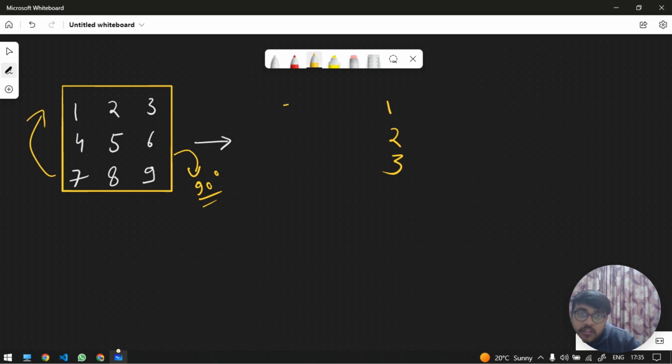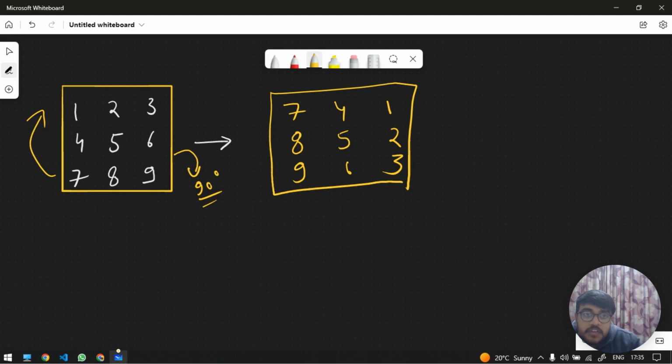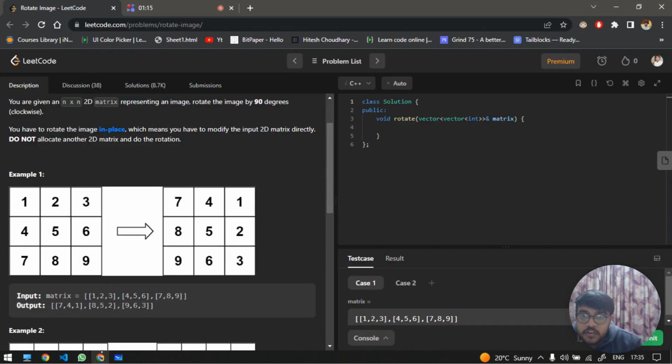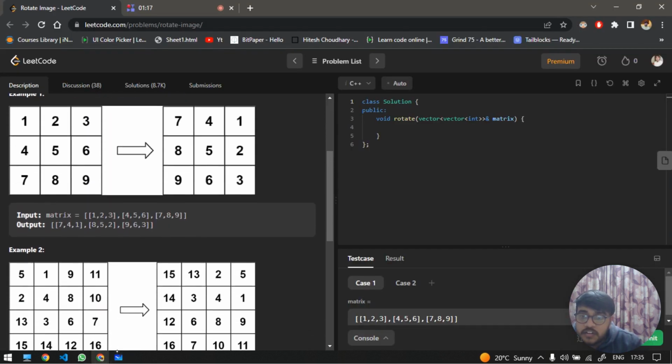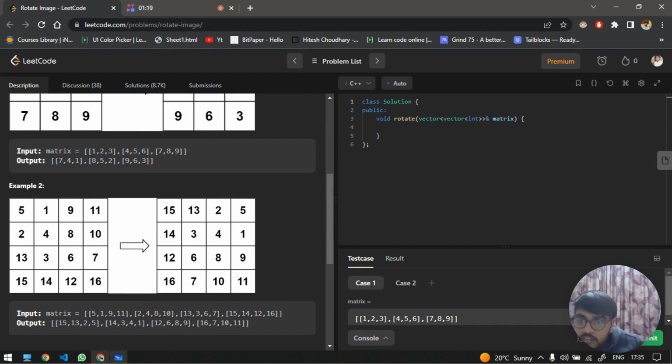So 90 degrees we are turning: 7 8 9, then 4 5 6, and 1 2 3. So basically the output array will look like this. This is what we are required to return, and this is the answer. And similarly for this,